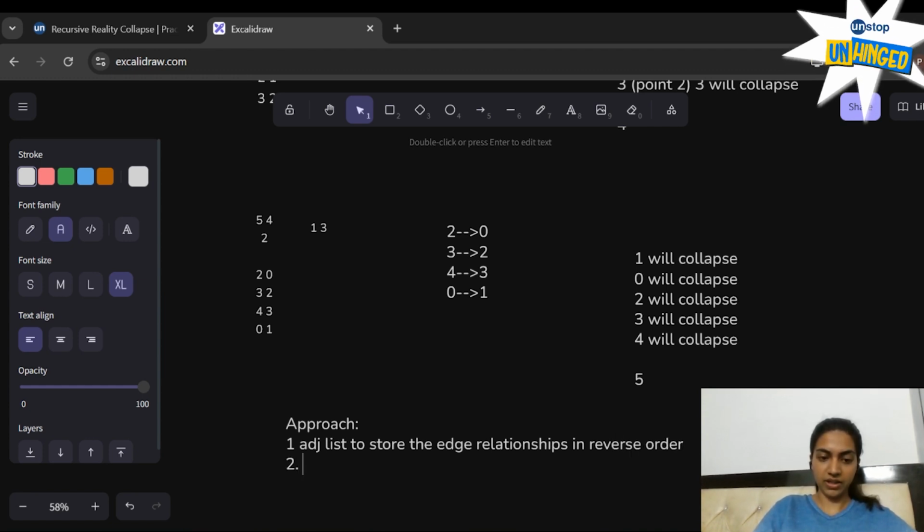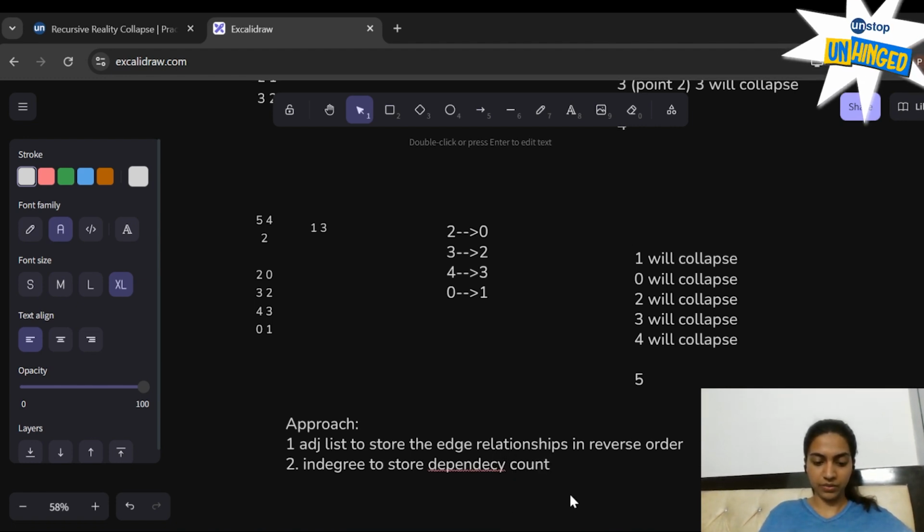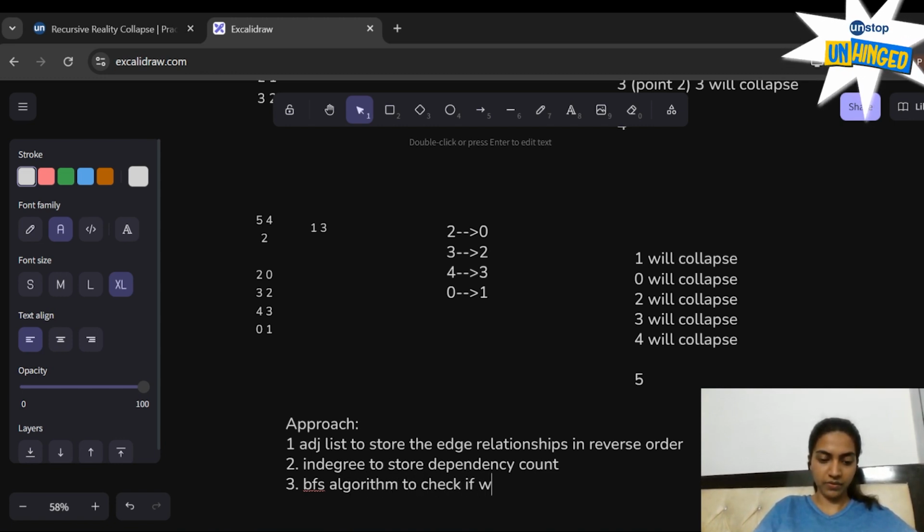We need an in-degree array as well, to store the dependency count, because a node can only collapse if all its dependencies have collapsed, not just one or two. Only when all the ones that exist have collapsed is it going to collapse. After that, we'll use the BFS algorithm to check if we can collapse the node or not. If yes, increment the count.